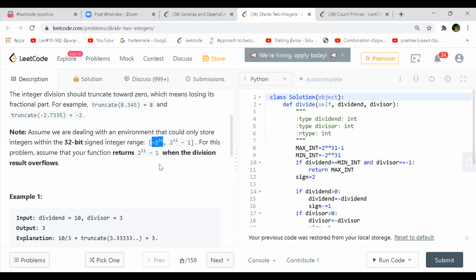No issue. So in this case, what the question says is we don't have to use any of the multiplication, division, and mod operators. So it means we can use addition, subtraction, and bitwise operations. All others are permitted. To start with, keeping aside the overflow, which we'll come to at the very end, how do we do a division without the division, multiplication, and mod operators?